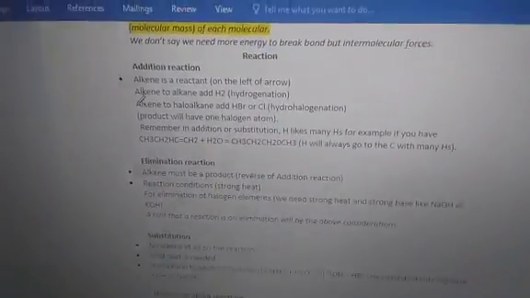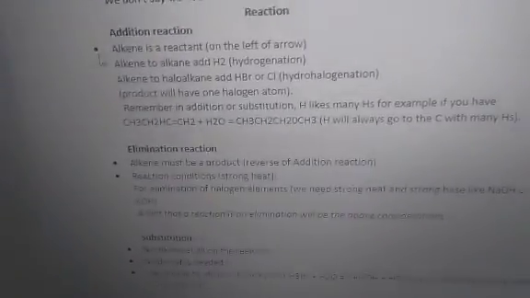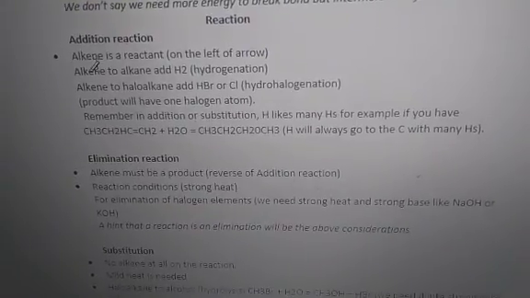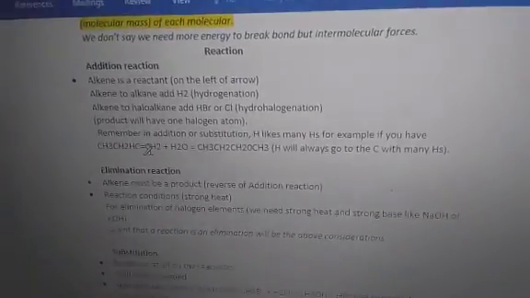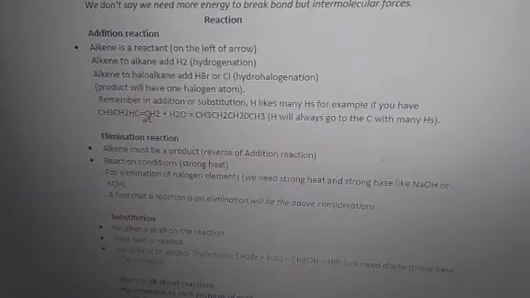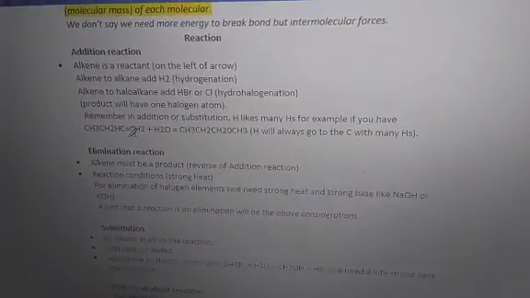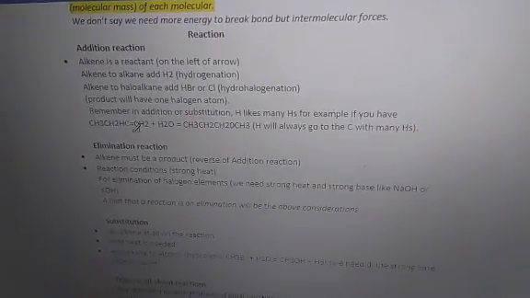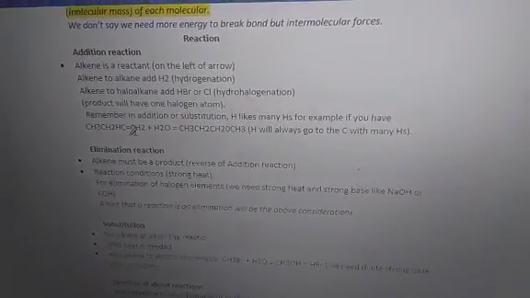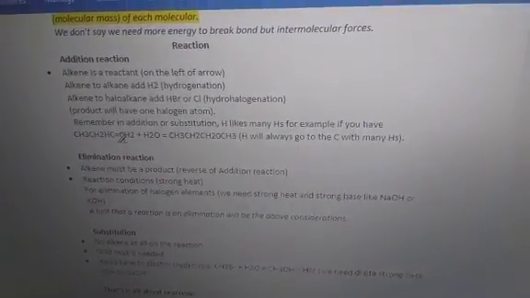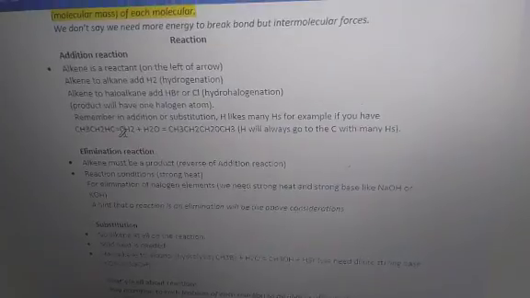For a reaction to be an addition, it means that there must be a double bond on the reactant. If there's no double bond on the reactant, then there's no addition. You are adding to what? Because there must be a lacking before you add something. If something is already saturated or enough, then what are you adding to? That's the question. Hence, we can't have an addition reaction if there's no double bond.